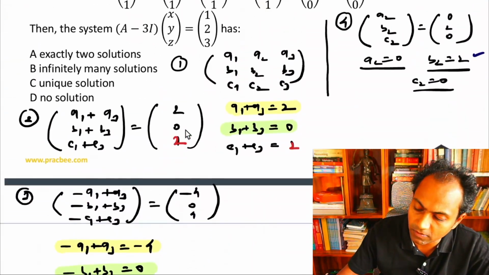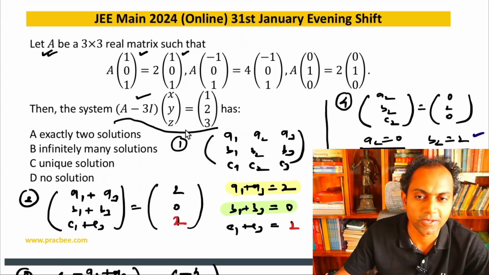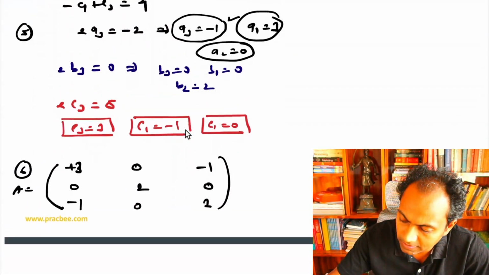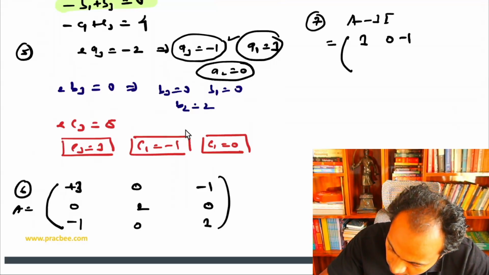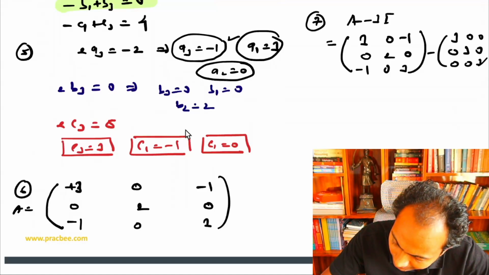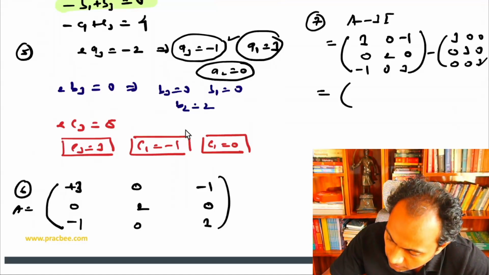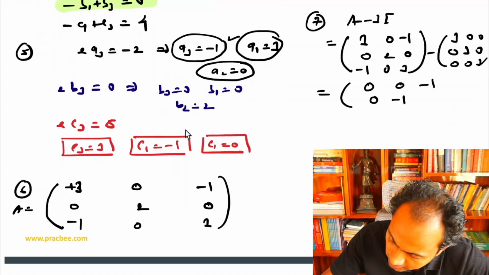Now this is not something we want. If I want to comment on this matrix equation that is given to us, I will require A minus 3i. So in the seventh step that we have, we will figure out the value of A minus 3i. So if I subtract 3i from A, what will happen? We have 3, 0, -1, 0, 2, 0, -1, 0, 3. We will subtract 3, 0, 0, 0, 3, 0 and 0, 0, 3. As a result, the matrix that we are generating will become nothing but 0, 0, -1, 0, -1, 0 and